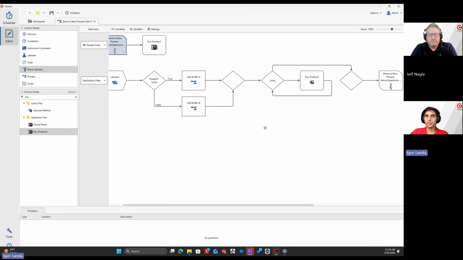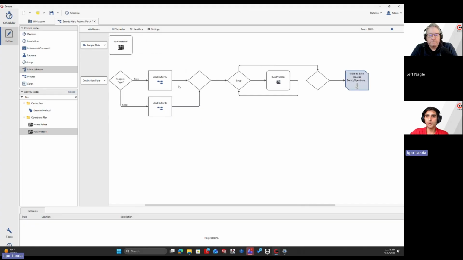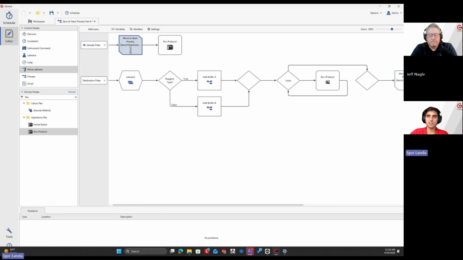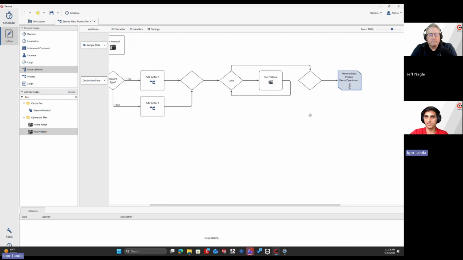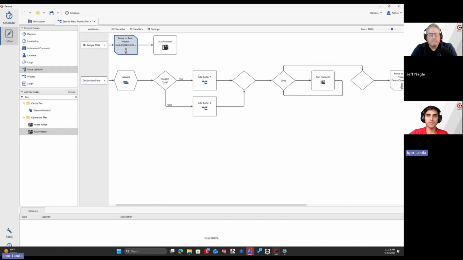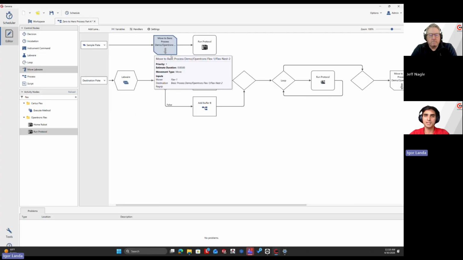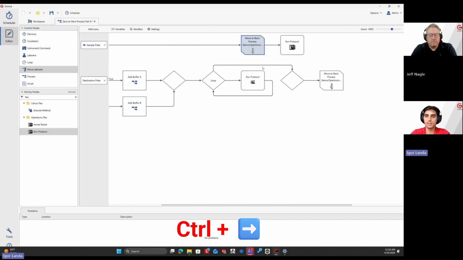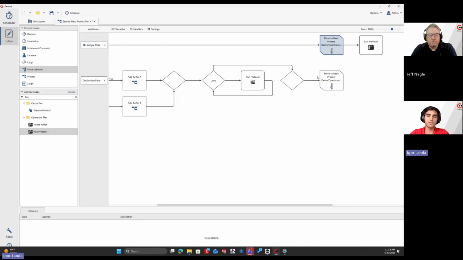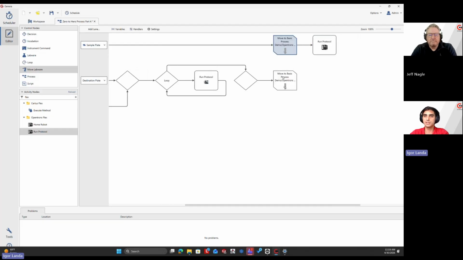So to make this look a little bit nicer, because I want to run them both at the same time, I want this move labware for the sample plate to be in line with the move labware of the destination plate. And this is purely just a visual thing. So you could right click on the activity node you want to move, and you could shift right or shift left. So I'm going to shift right. Or to make this go faster, you could click Control and the right arrow key, and that'll move it into the correct spot. So this doesn't change functionality. It just makes it look a little bit nicer,